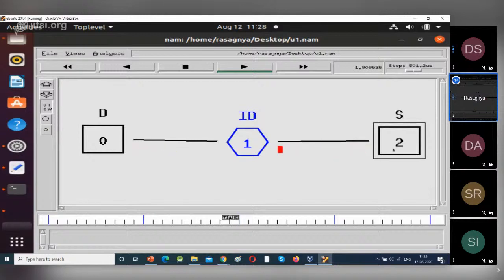So red color data is flowing from the sender to the destination through the intermediate device. This is how we can change the shape, color, label, and the color of the data flow.